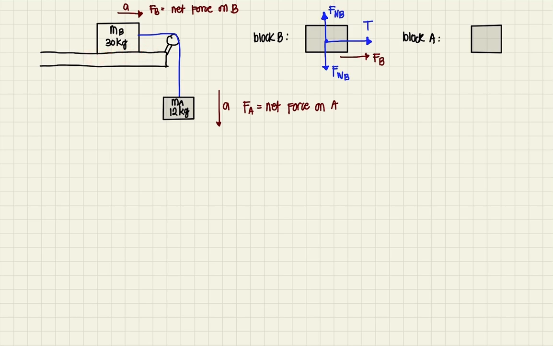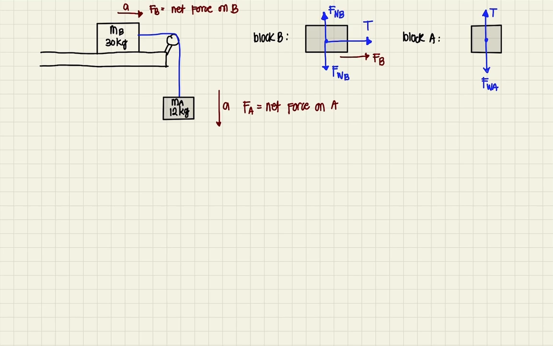The weight of block B is the force acting on the table, and the normal force is the force that the table is exerting towards the block. But because block A is hanging, the forces acting on it are simply the weight of block A, which is directed downward, and the tension of the cable, which is directed